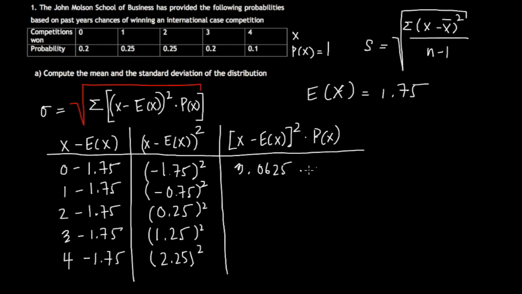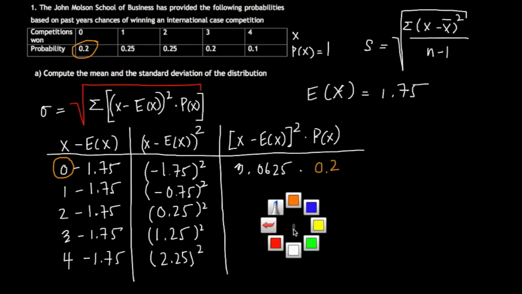3.0625 multiplied by what? This would be the probability of my first outcome, which is my 0 right here. So I'm just going to take a different color like I did before. Because this is the 0, the probability over here has to be the one of the 0. So this is going to be times 0.2. Okay. So my next one is going to be